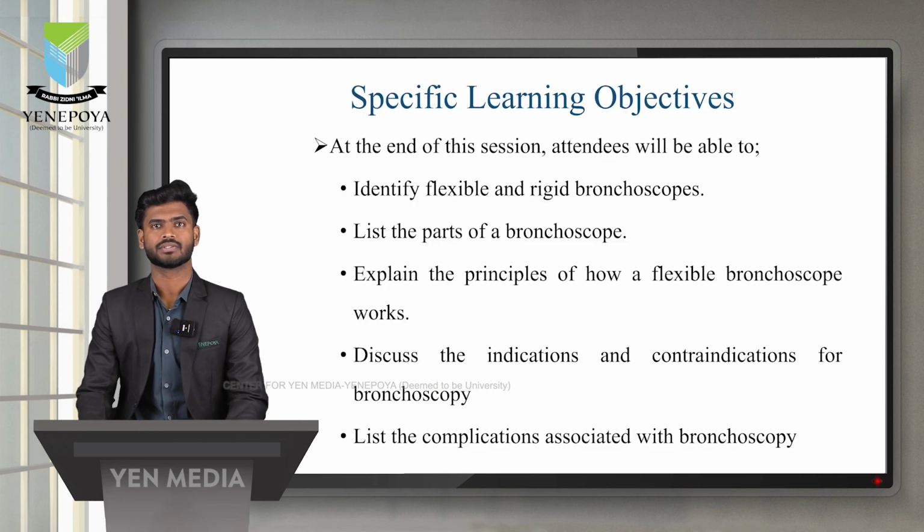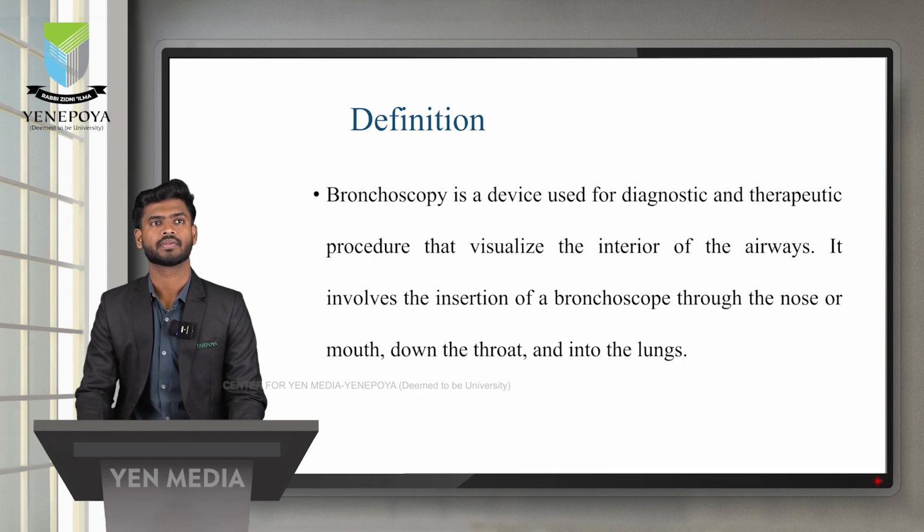So at the end of this session, attendees will be able to identify flexible and rigid bronchoscope, list the parts of bronchoscope, explain the principle and how a flexible bronchoscope works, discuss the indications and contraindications for bronchoscopy, list the complications associated with bronchoscopy. In definition, bronchoscopy is a device used for diagnostic and therapeutic purposes that visualizes the